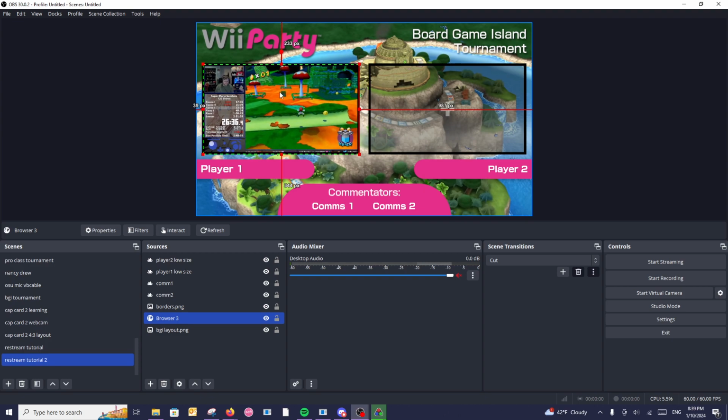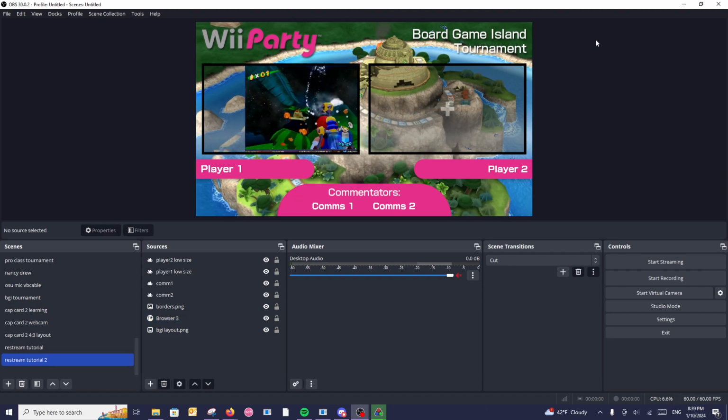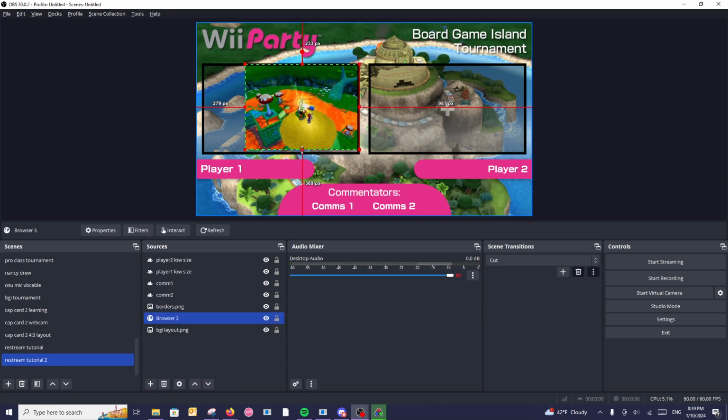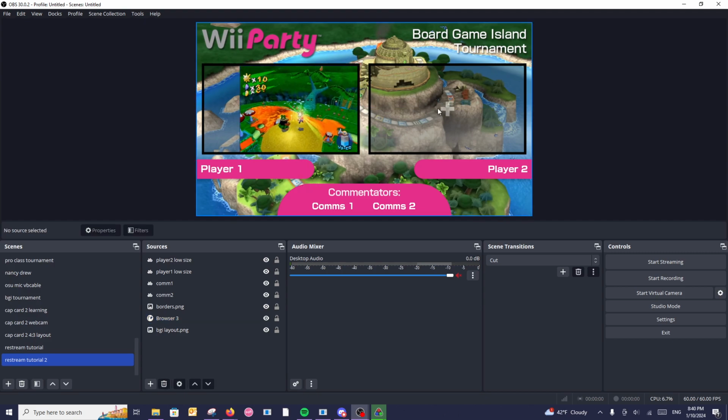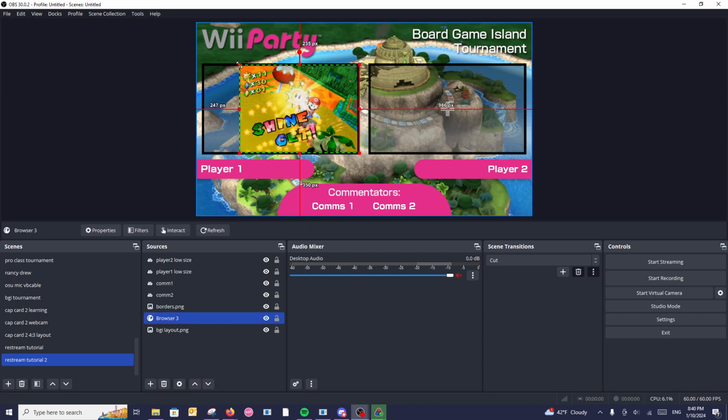Now, in the case of an actual restreaming thing, you're going to want to use just the gameplay. And this is a great time to talk about how you handle 4x3. If someone is streaming, so as you know with Wii Series games, they can be played in either 16:9 or 4x3 because the console came out at like a weird time where both were still being used a lot. So